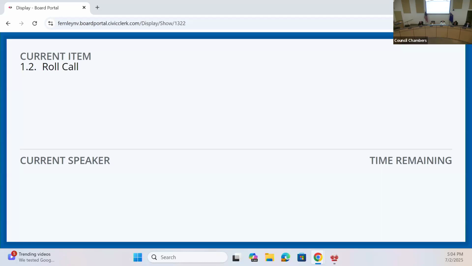And speaking of that, I wanted to go through a couple things before we get started on this. I want to read some of the resolutions and the Fernley Municipal Code as far as attendance goes for the council and myself up here. And resolution